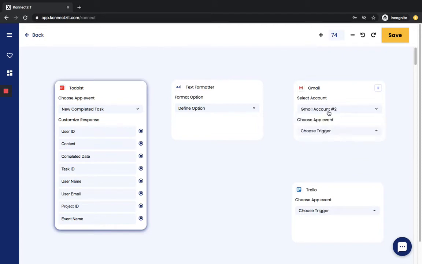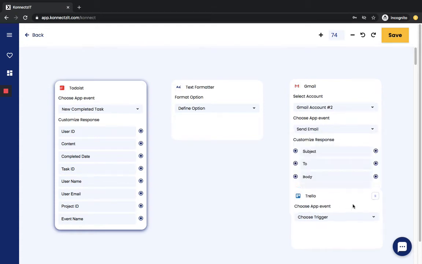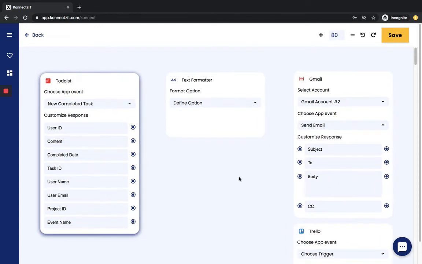I will choose my account first, then I will choose my action as send email in Google Gmail. So I will give the user email. I will connect the user email to the To of the Gmail, and I will format the body